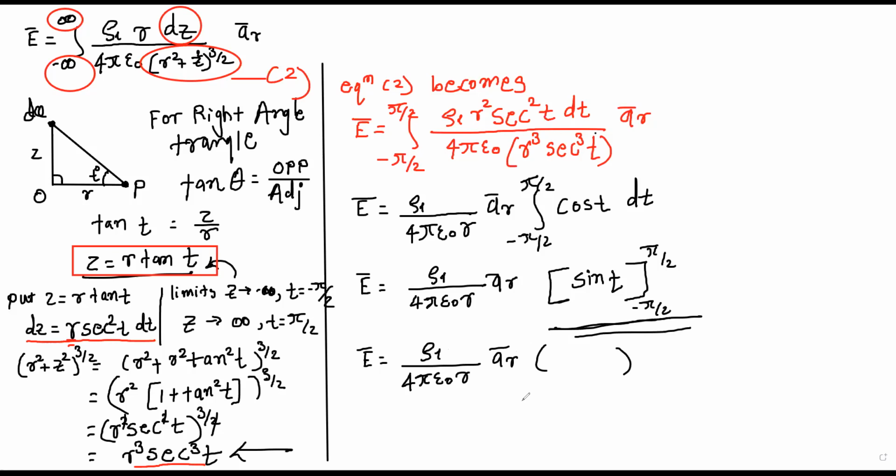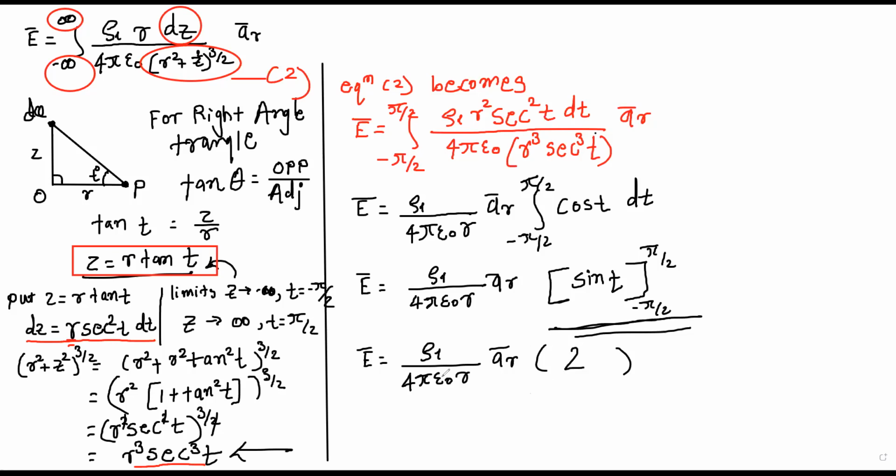Sin pi by 2 minus of minus sin pi by 2. sin pi by 2 ची व्हॅल्यू काय येते? 1. 1 minus of minus 1 म्हणजे 1 plus 1 value is